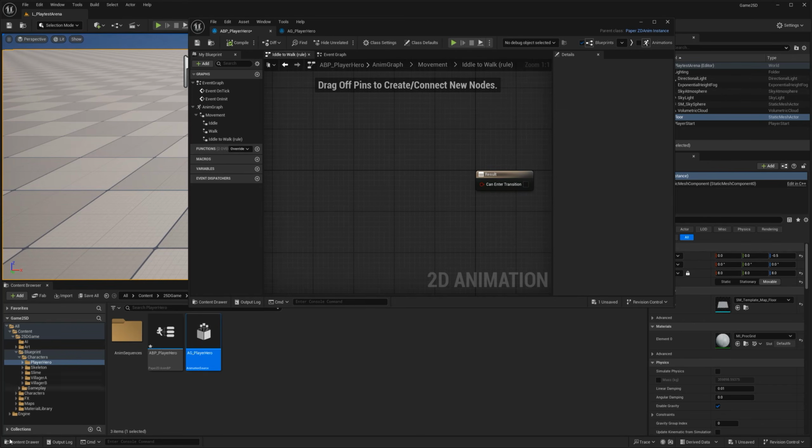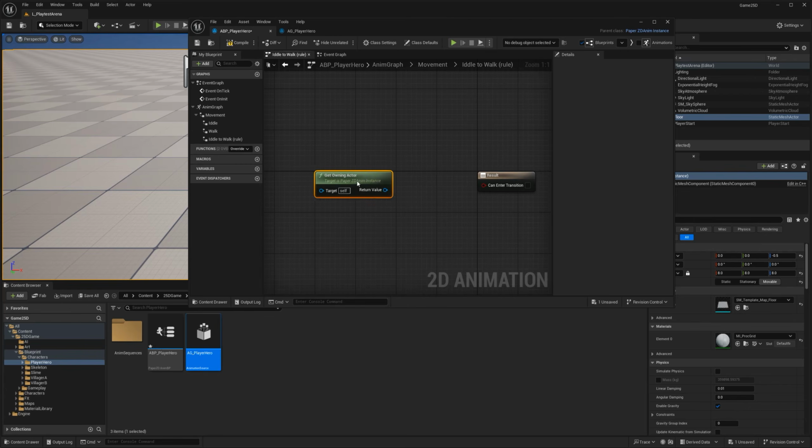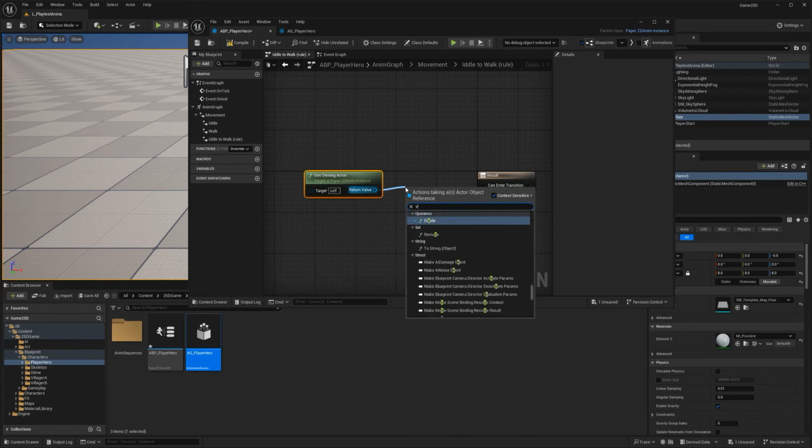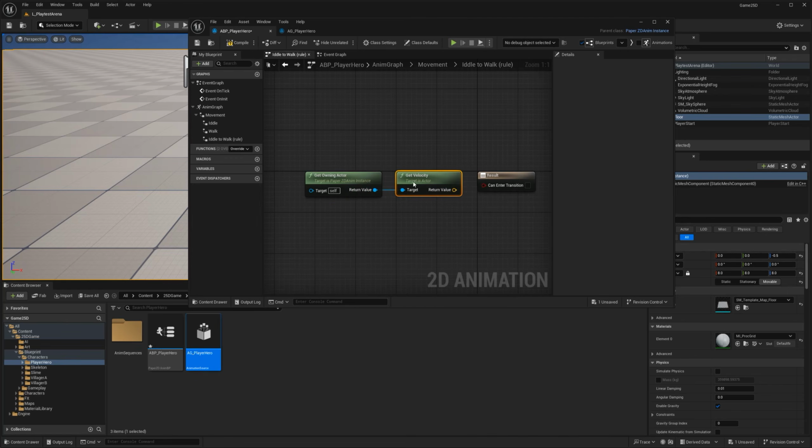So I'm going to do that right now. So let's go get owning actor. And that's a selection from PaperZD. Essentially it is telling me the actor that is using this. Get the velocity that this actor has. So just go get velocity.